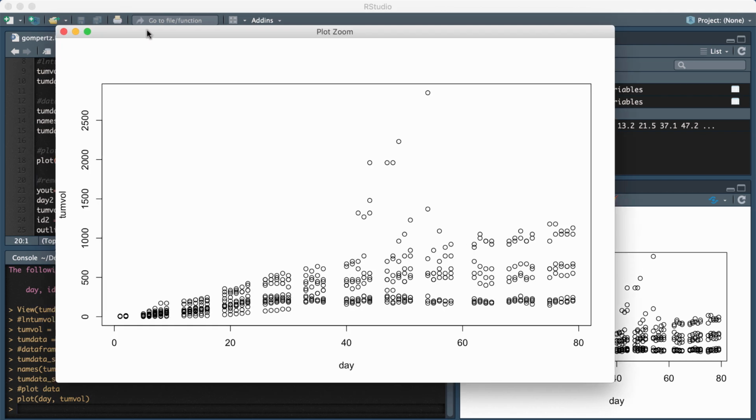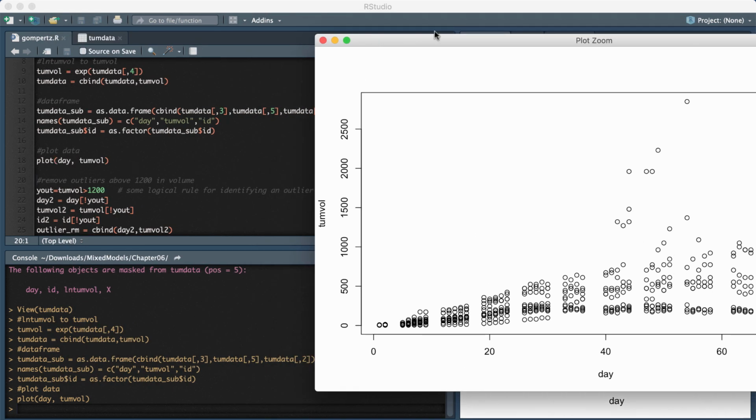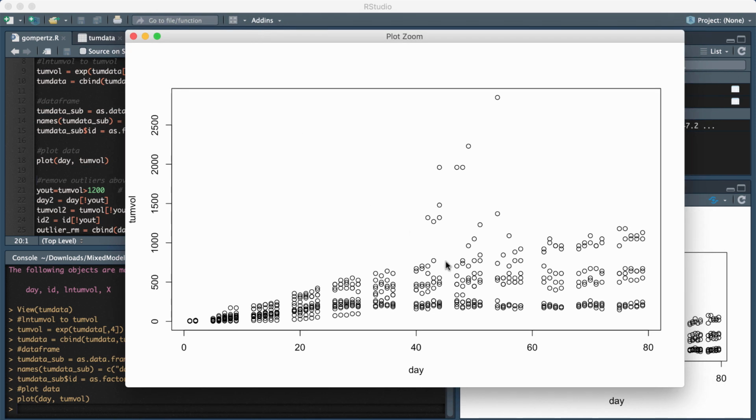The code that I just ran to plot the data plots all the different tumor cells. You can see they appear to have different growth rates. I just want to model one growth rate, and there also seem to be some outliers. So in the next part of the code, I removed the outliers. I said anything over 1,000 or 1,200 should be removed as an outlier. And I also said to get just one group of tumor cells.